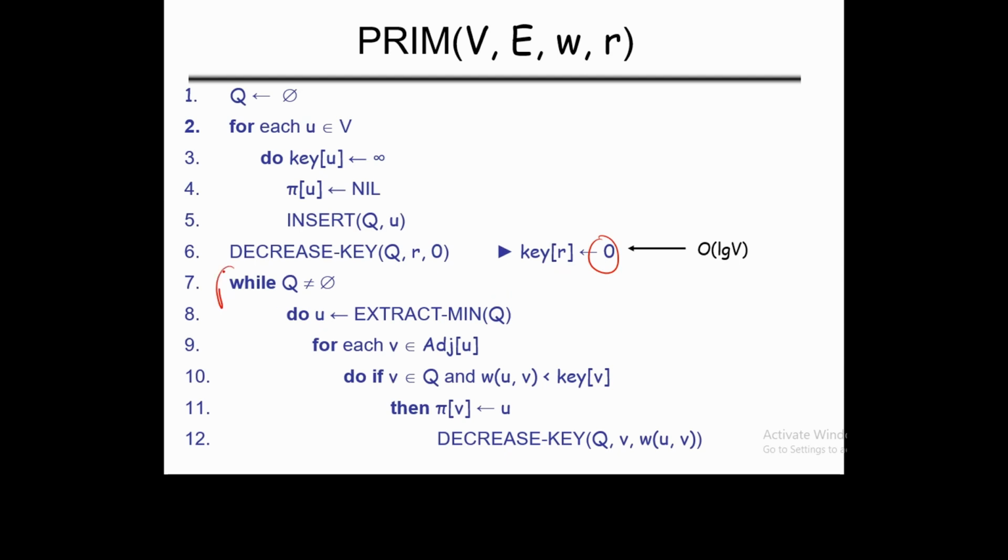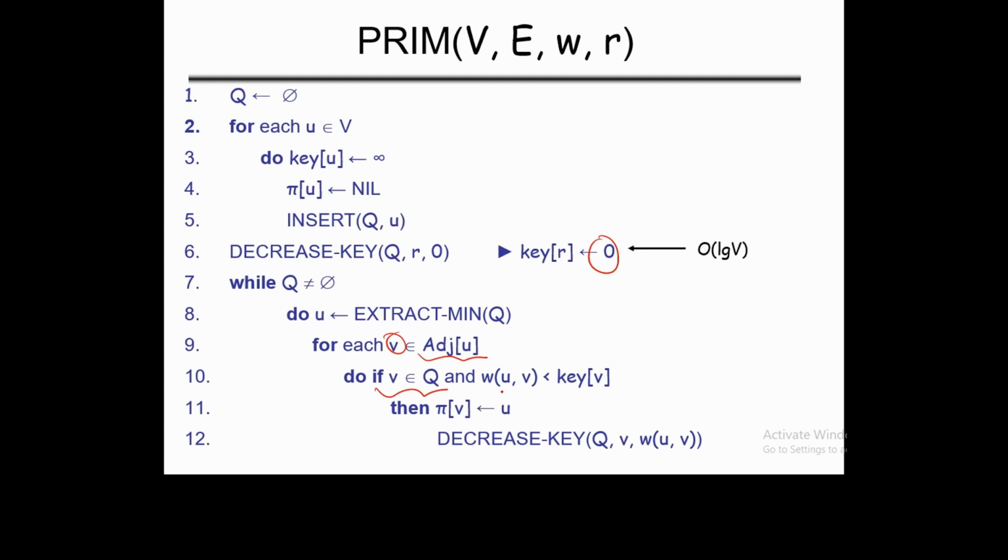Now the loop will start from here while the queue is not equal to null. जब तक कि queue null नहीं हो रही है. So do extract the minimum value from the queue. तो हमने queue में से minimum value extract की यहाँ पे. And after extracting it, इसके जितने भी neighbor nodes हैं उनकी keys को check करेंगे और उनको modify करेंगे. So for each v that is adjacent to u, or the neighbor of u, for every vertex v, do: if v belongs to Q, means वो Q में होना चाहिए, मतलब MST के vertex set में नहीं होना चाहिए, वो Q के अंदर होना चाहिए.